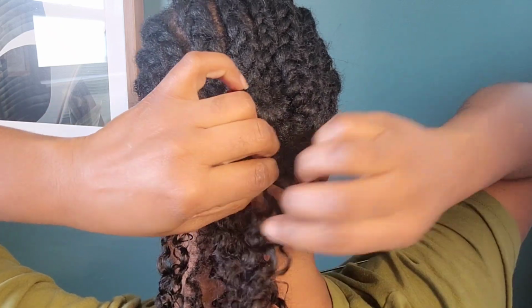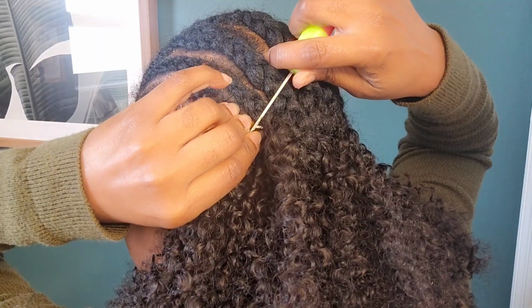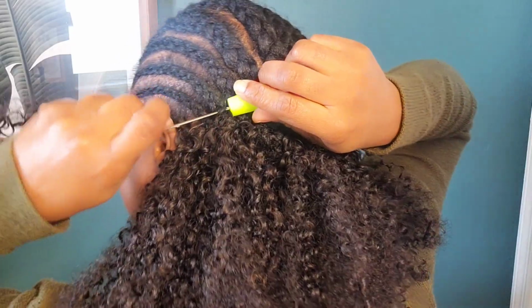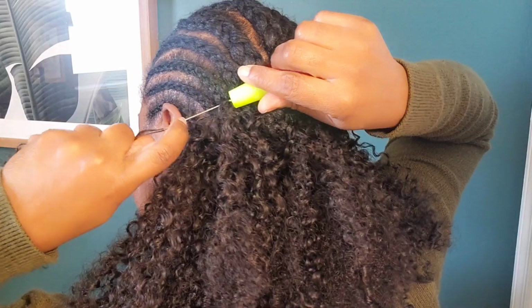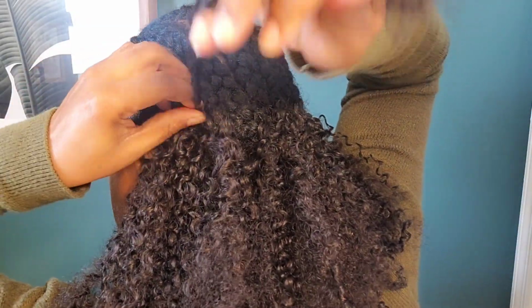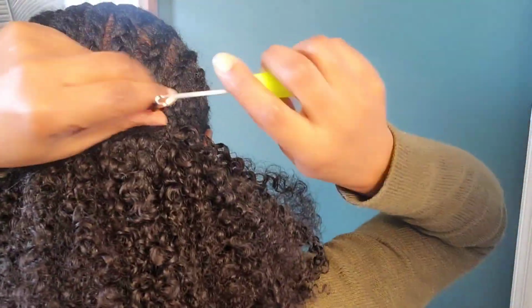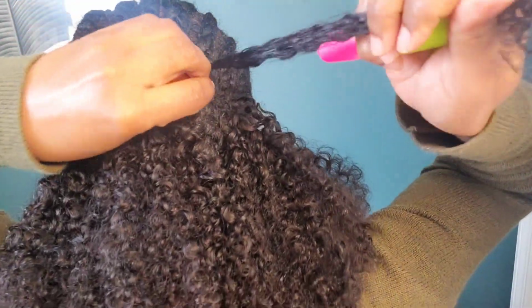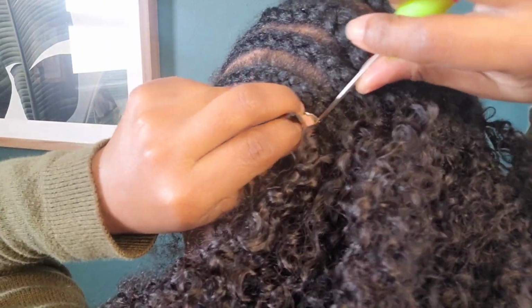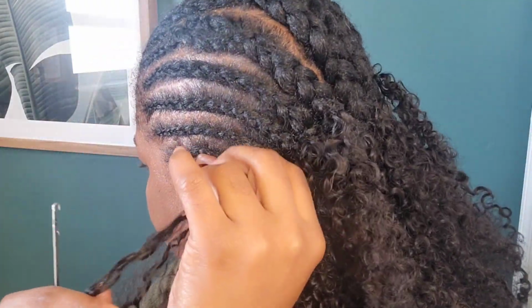Usually it is impossible to knot it without it slipping, or you have to make a lot of knots. But this technology makes it so easy for the hair to remain in place with just one knot. And so that saves a lot of time with your installation. Usually we have to be doing 2, 3, 4 knots, but with this, one knot, baby. Okay, so we're just installing,